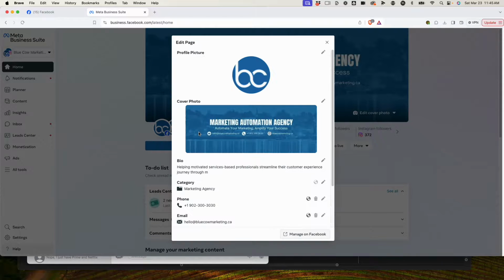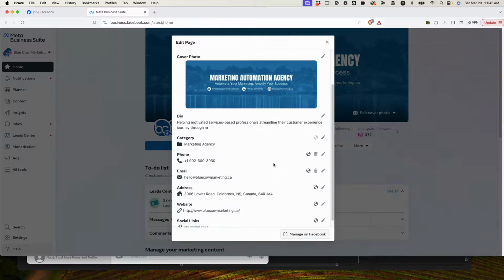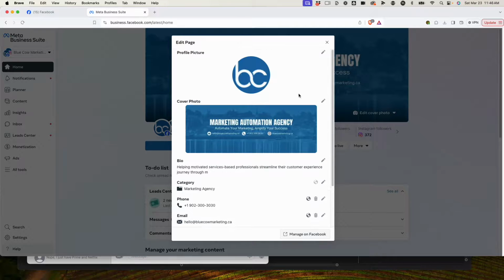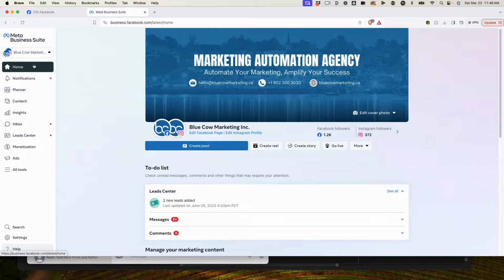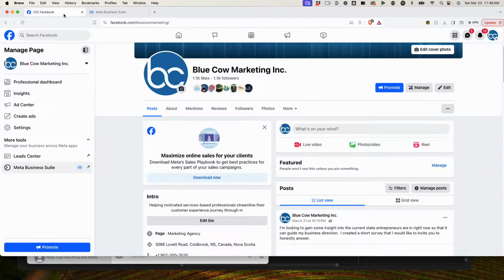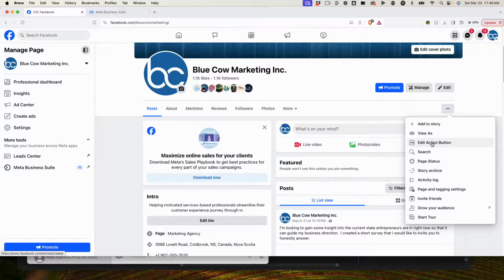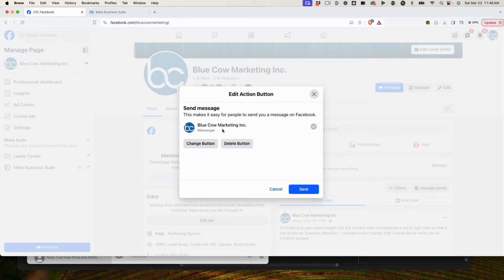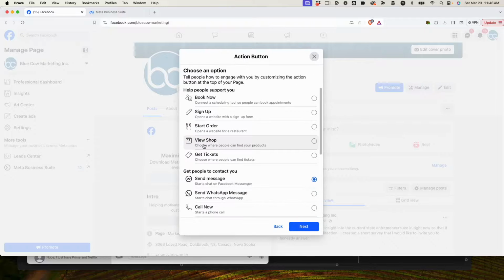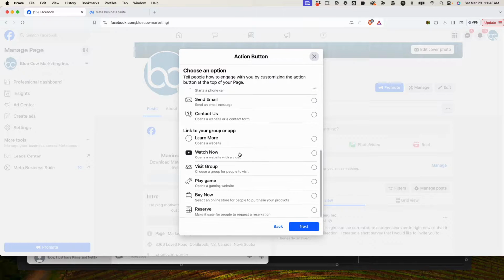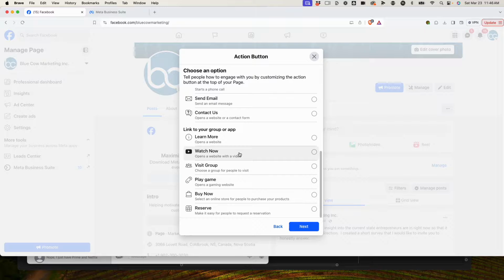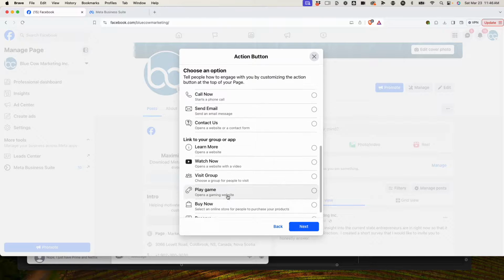Let's go edit Facebook page. No, that. Maybe they moved it into here. No, they did not. Okay. Let's just go back to our main page here. I'll make this easy. Oh, it's over here. So we're going to refresh this. And what you're going to want to do is your action button here. So your action button shows up. If we change that button, there should be, that's reservation,